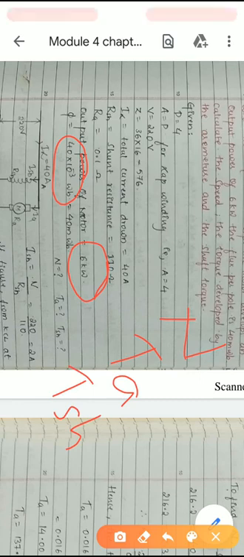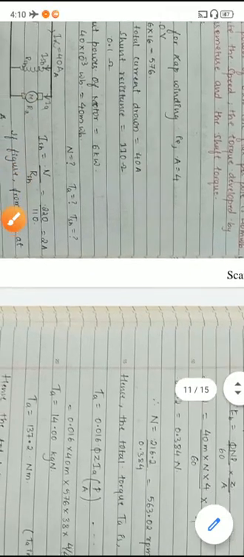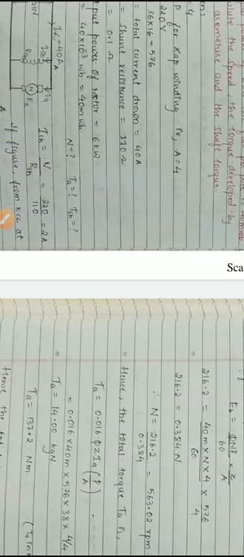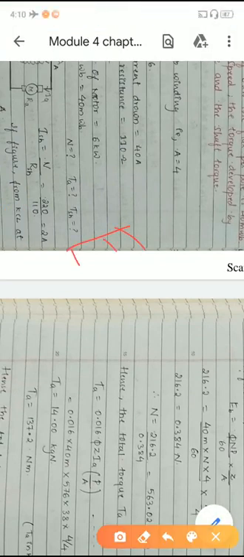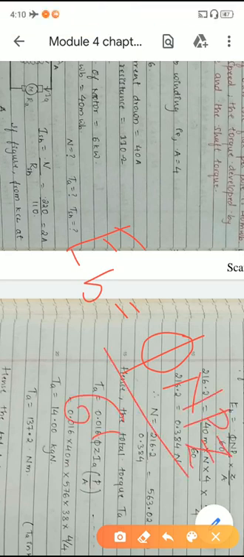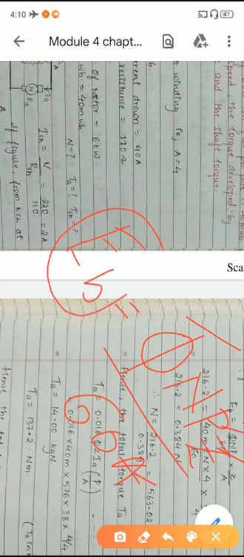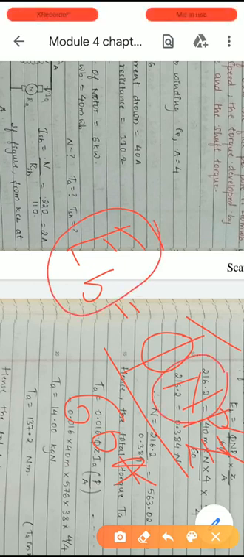Right. So already I have told that here we are having only two formulas. One is for torque, another one is for back EMF. Therefore, in order to calculate back EMF, we require the formula of torque. Back EMF formula: EB is equal to phi N P Z divided by 60A. Here phi is given, P is given, Z is given, A is given. So if you calculate EB, then we can easily calculate the value of N.